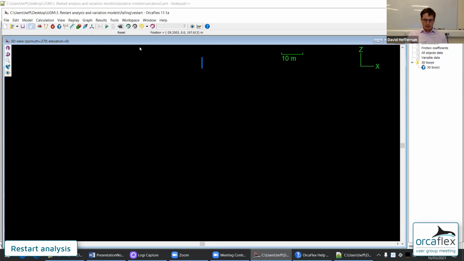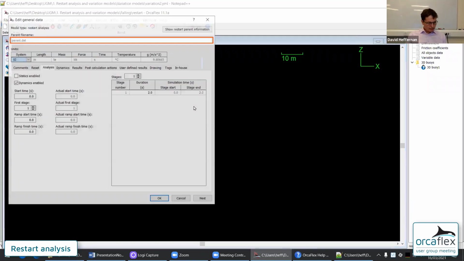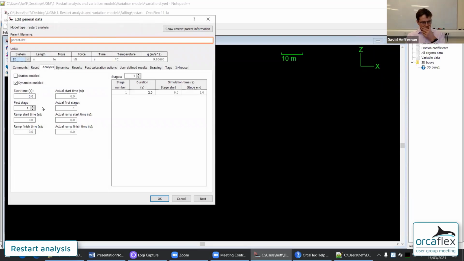Now, what I need to do is make a couple of changes. At the moment, because I'd specified the start time and the first stage in the parent analysis, they are inherited by my restart. And I don't really want to repeat stage 1. I don't really want to repeat time 0 to 2.